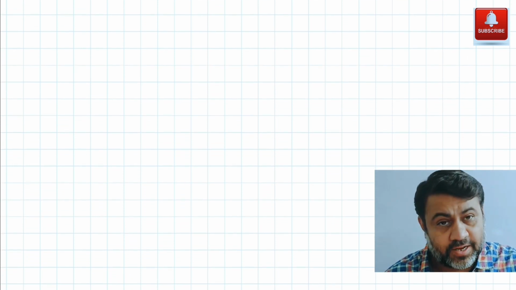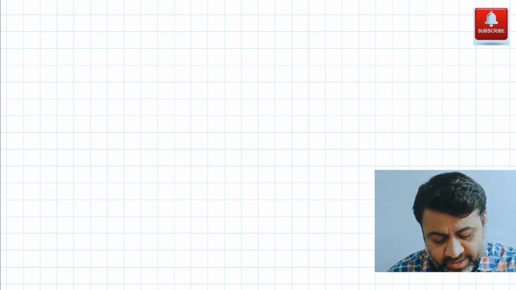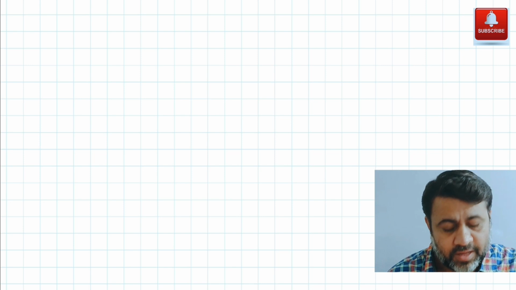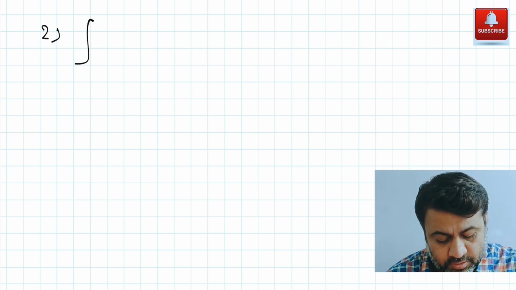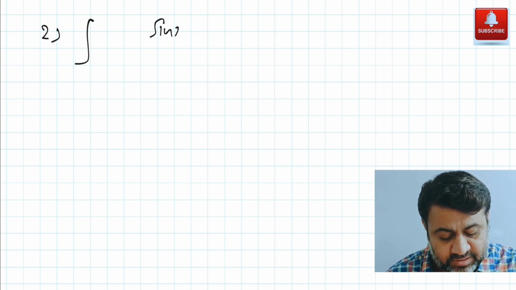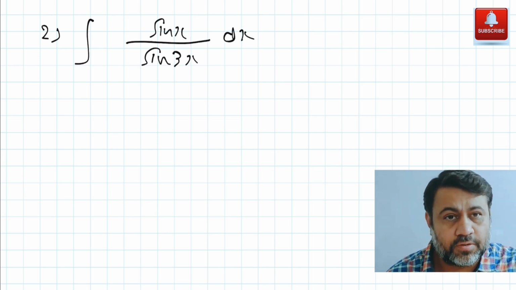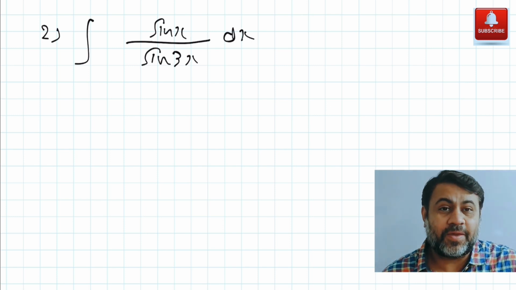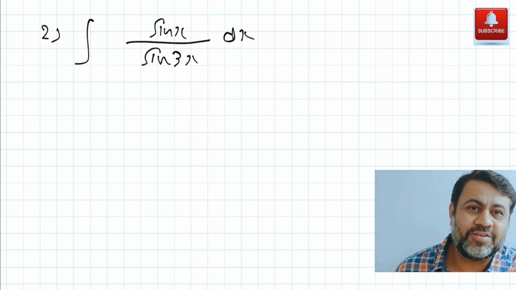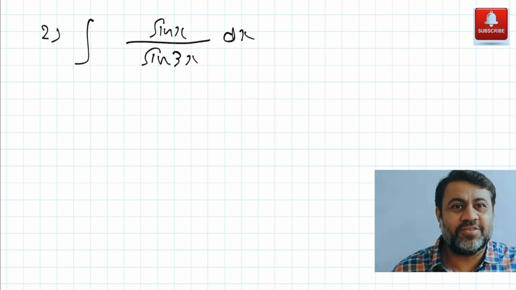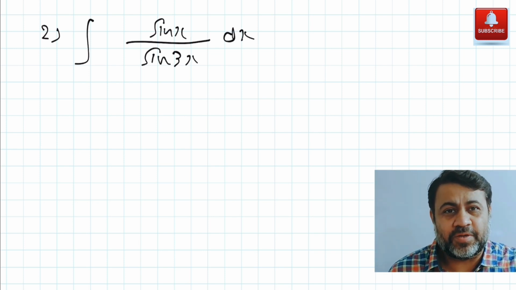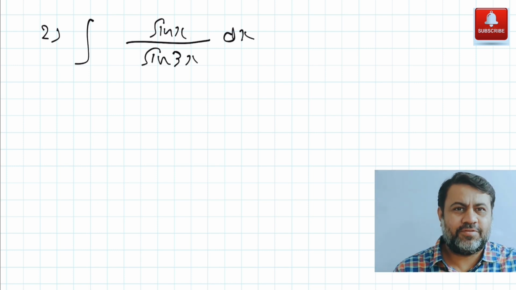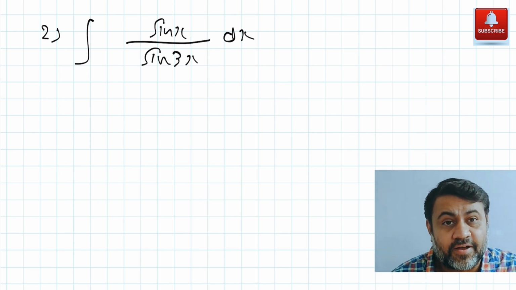My next question, I'll give you time to think. So what you can do at times, when I just write a question of this type, basically I'm just writing sin x by sin 3x. If you want, you can use the pause button and think about what we can do here. Now first of all, this doesn't look like a sin square x plus b cos square x plus c at all, right? So just think about what exactly we can do here.